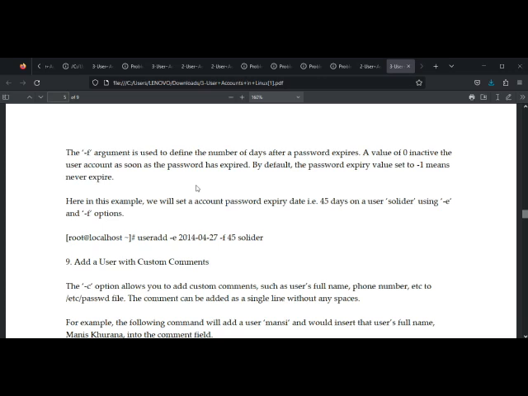So 2014 0427. So this is an example. The next one is to add a user with custom commands. So in this custom commands, we add a user with custom commands means